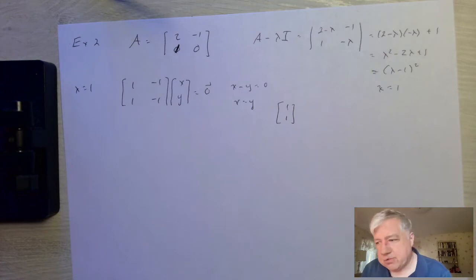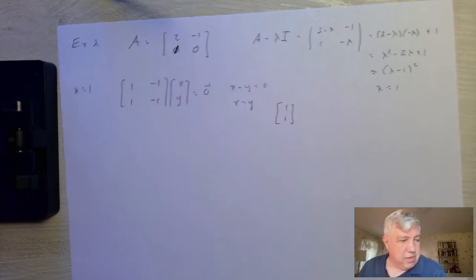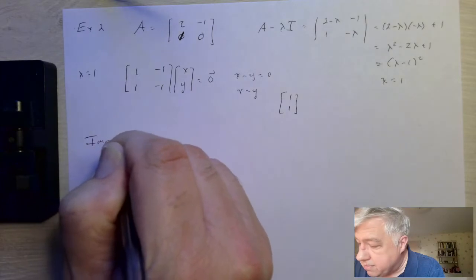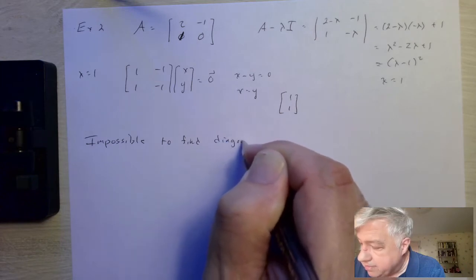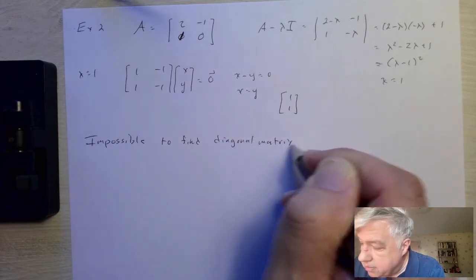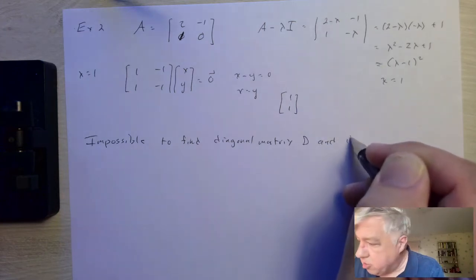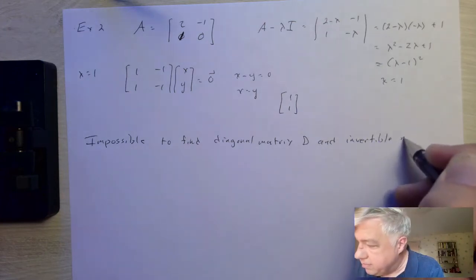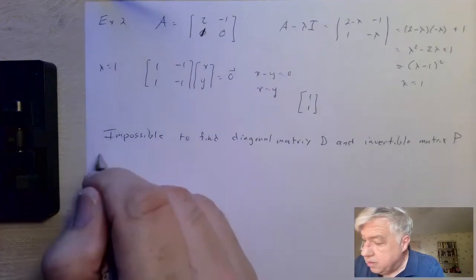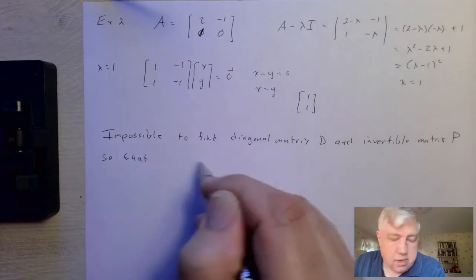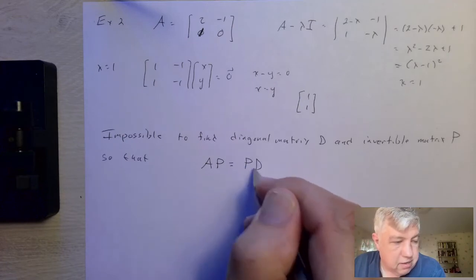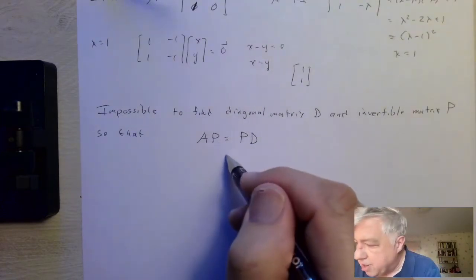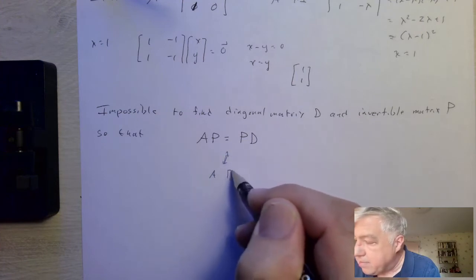We can find two eigenvectors, but they'll be scalar multiples of each other. So in this case, it's going to be impossible to find a diagonal matrix D and an invertible matrix P so that AP is equal to PD, which is actually equivalent to saying that A can be written as P D P inverse,